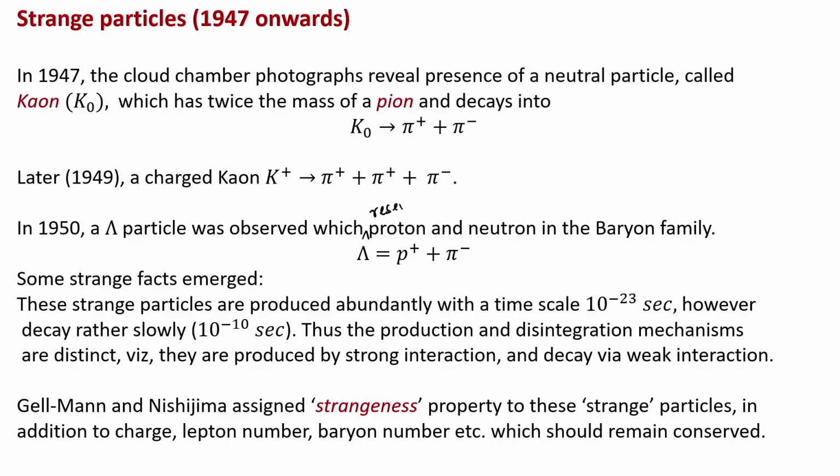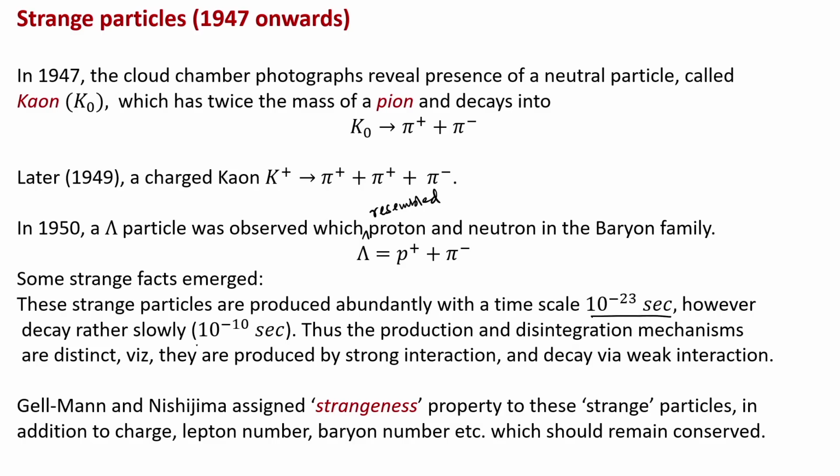which resembled the proton and neutron in the baryon family, and along with that some strange facts emerged. The strange particles are produced abundantly with a time scale of 10 to the power minus 23 seconds. It is easy to understand why they are produced with this time scale, because the larger the energy is, the smaller will be the time scale by the uncertainty relation. So they are produced at this rate,